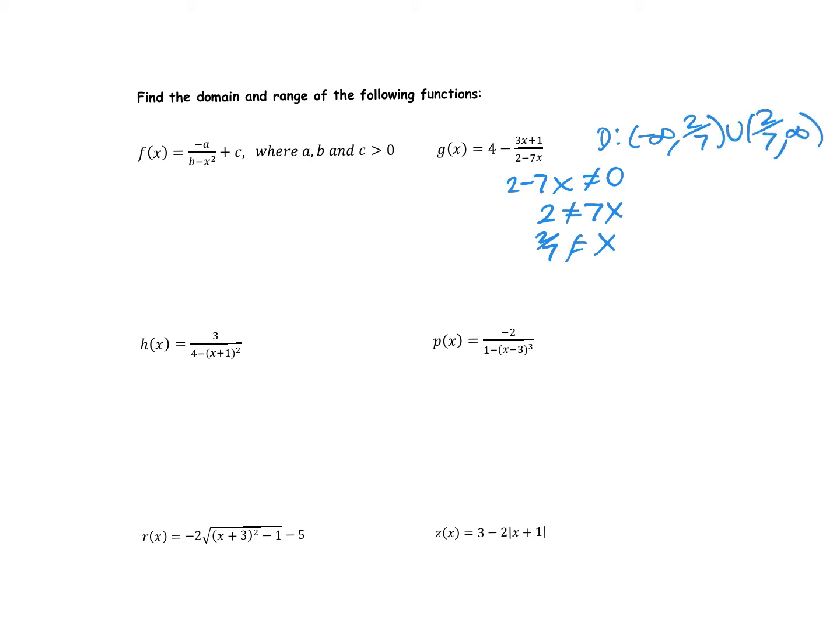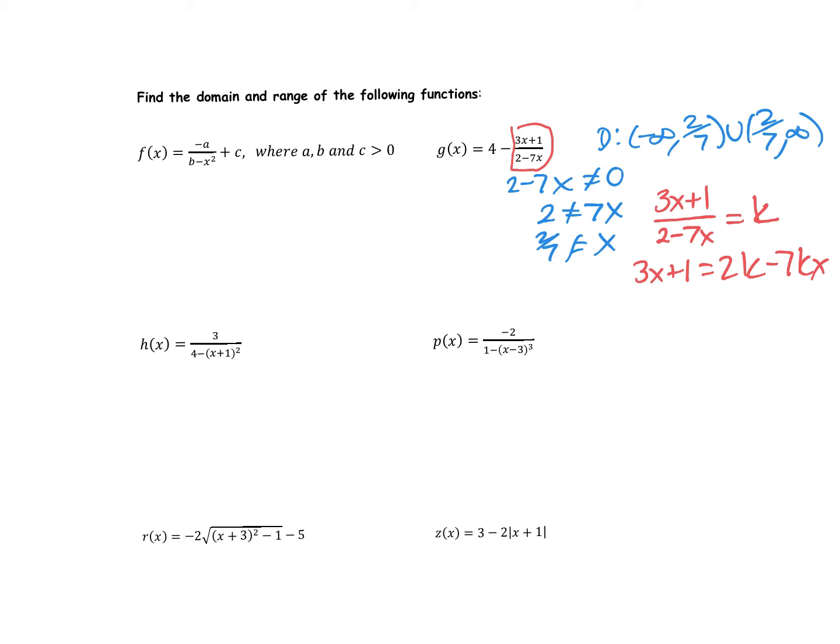Now for the range, you want to recognize that the part changing is the part with x, and that's this fraction with x in the numerator and the denominator. And hopefully you remember, oh, that's the k thing. So meaning, I want to see what this can't be. By setting it equal to k, I'm asking myself, if I were to go about and solve this, is there anything k couldn't be, or anything that couldn't be outputted from this fraction? So when I go about doing this, minus 7kx,